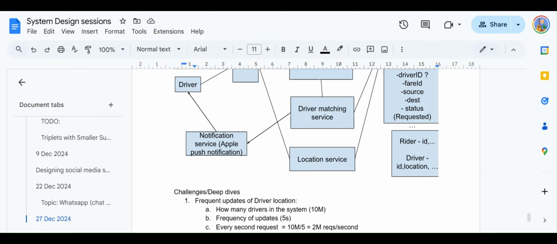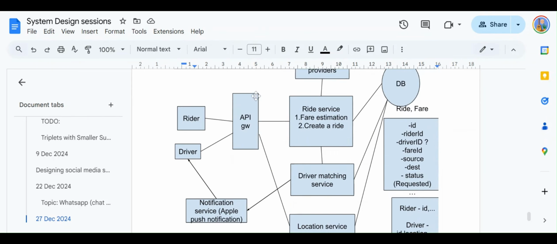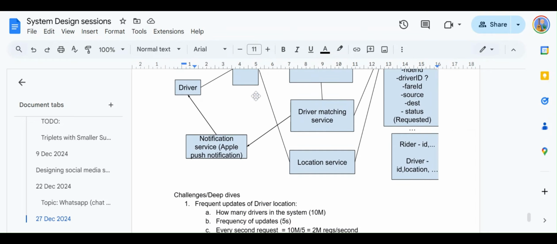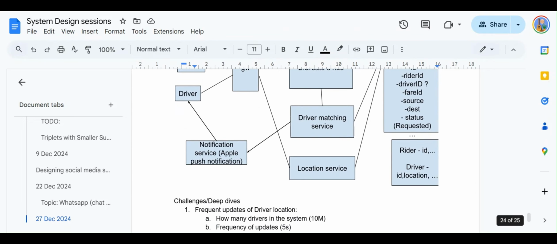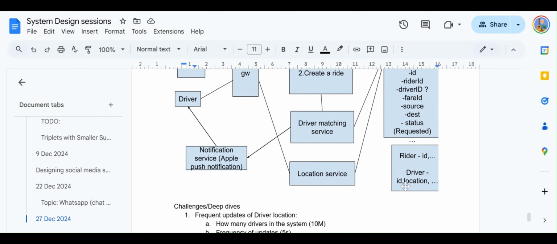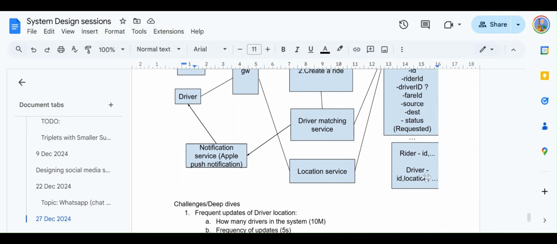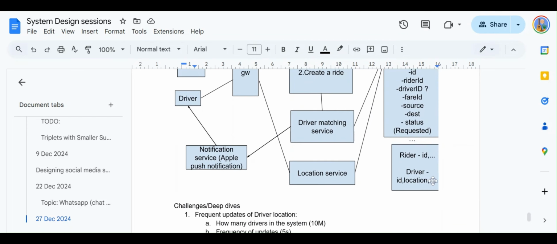So rather than storing this flag inside the memory of each application instance, what we could do is actually just store this flag inside the database instance. Like for example, in the driver entity, let's say driver has ID, location, and the status. What's the status of this? So let's say the status is currently pending request or outstanding request, for example.